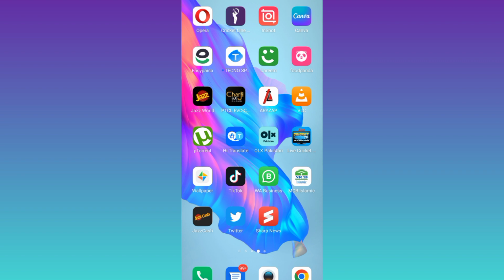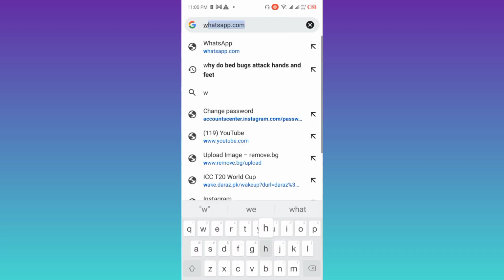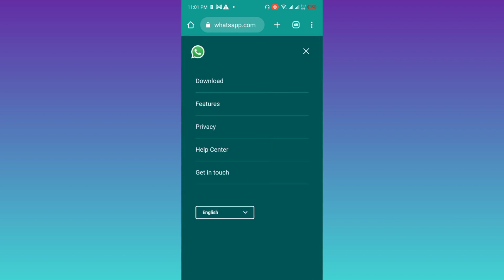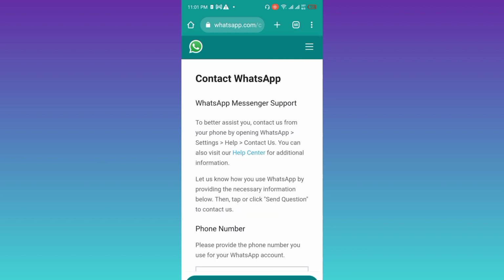First of all, open your internet browser and in the search bar type whatsapp.com. Click on these three horizontal lines and then click on get in touch. Click on this contact us option in blue color. Now scroll down